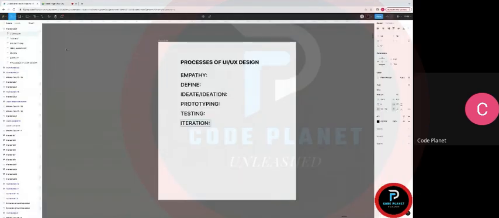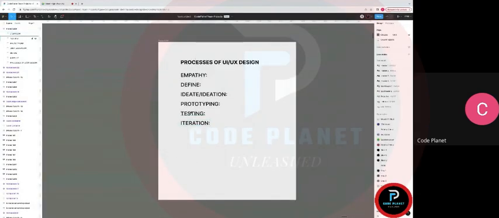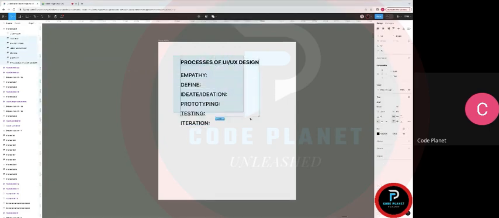Okay, so the iteration stage is where you now implement the feedback you've gotten from your testers. This is where you implement all the feedback you've gotten from your testers. So these are the major processes of UI UX design. So now